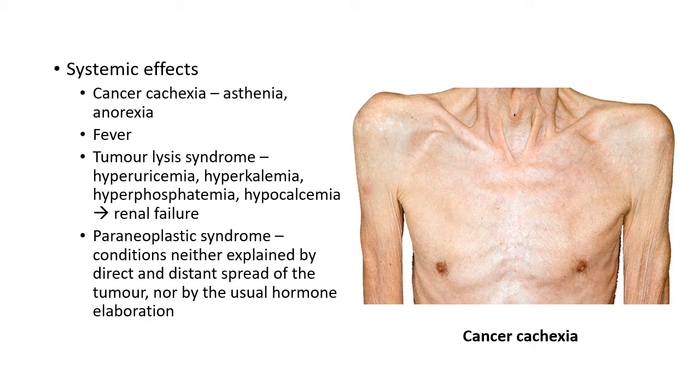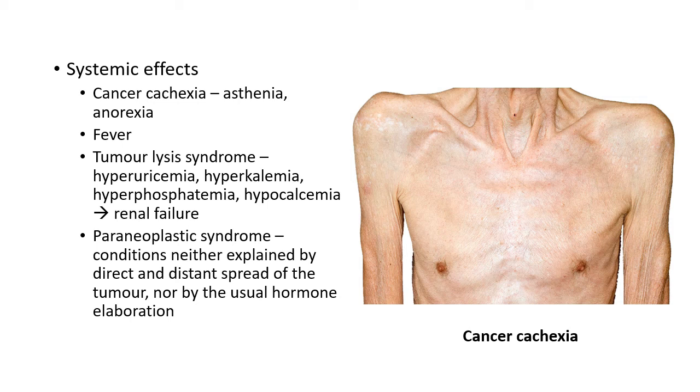Another systemic effect is paraneoplastic syndrome. This is the name given to a set of conditions which are neither explained by direct or distant spread of tumor nor by the effect of elaborated hormones. Paraneoplastic syndrome comprises a varied group of symptoms like endocrine syndromes, including hypercalcemia, Cushing's syndrome, etc., neuromuscular syndromes like myasthenia